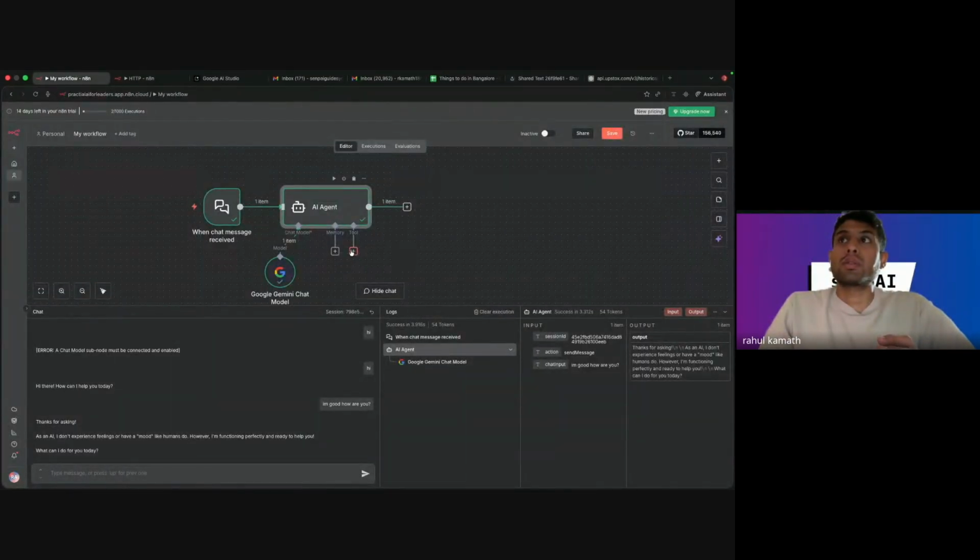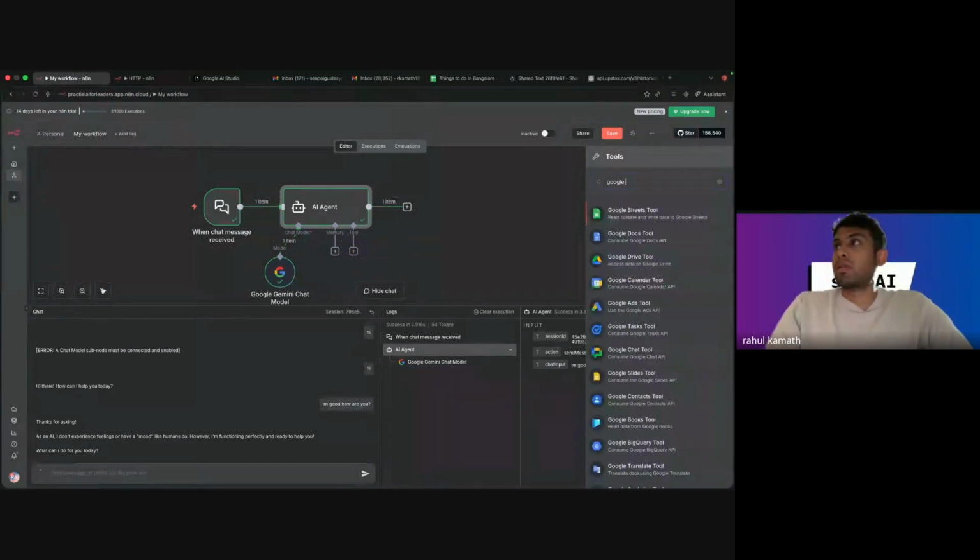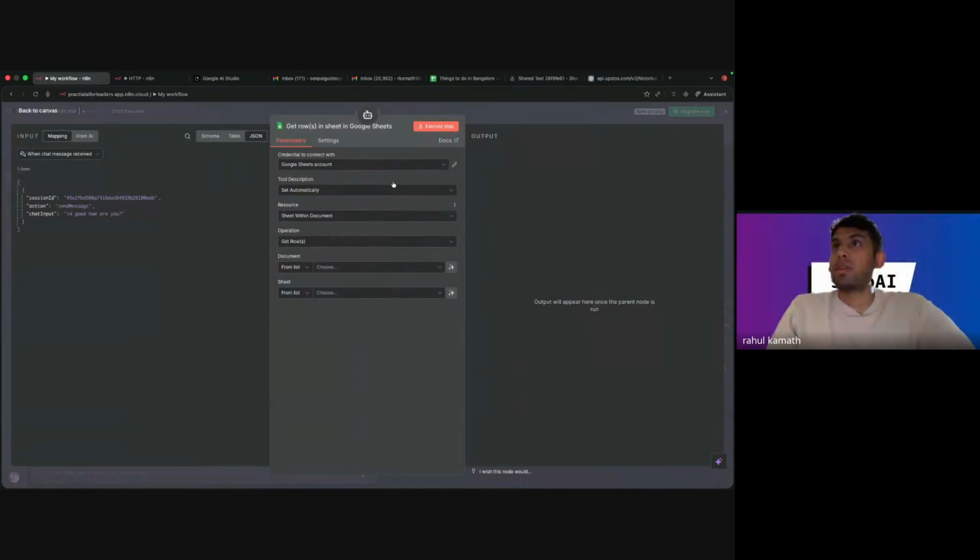So what I need to do is I need to connect it to a tool. And here the tool would be the Google Sheets tool. So I clicked on tool and I clicked on Google Sheets. Now I have created it, but now I need to link my Google Sheets to it. So again, I need to create a new credential. So earlier I had created a credential for accessing Gemini, now a credential for accessing Google Sheets. So basically, every action node you connect with, you need to create a new credential so that you are giving it permissions to access it.